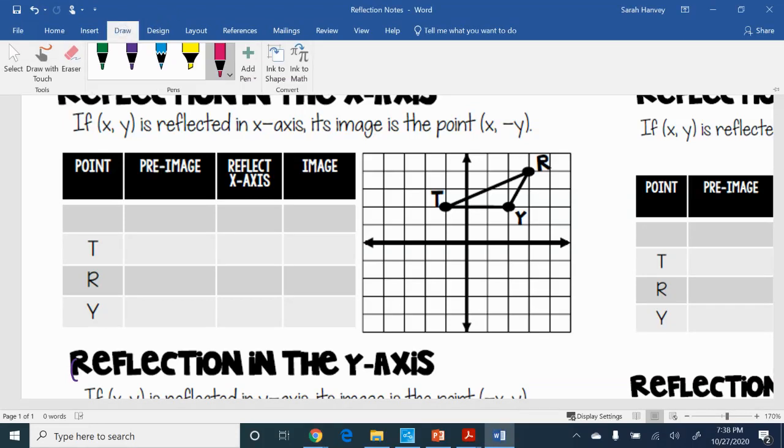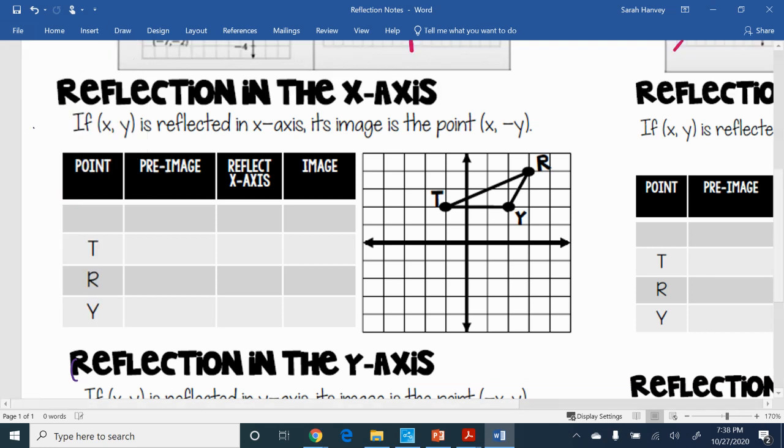All right, here we go. We're going to go ahead and finish up our examples. The first one we're going to discuss is a reflection on the x-axis. So remember, this is your x-axis right here. And so we're basically going to take this thing and flip it over this x-axis, and we know it's going